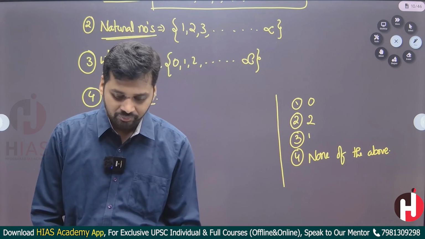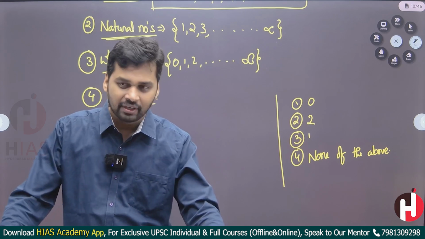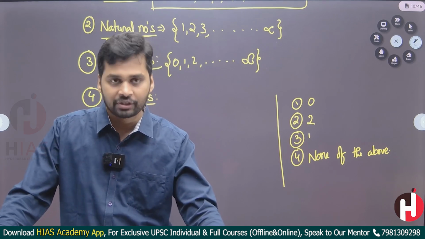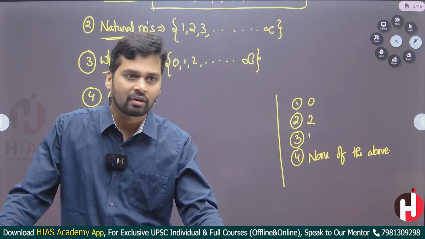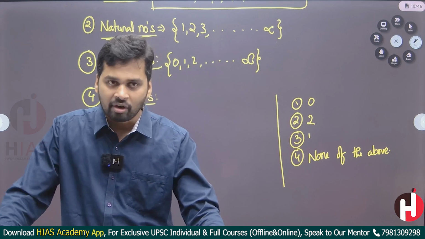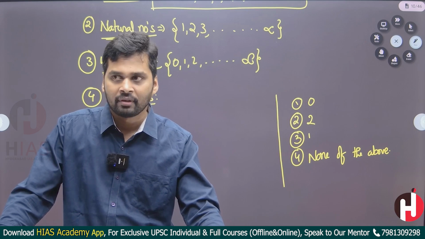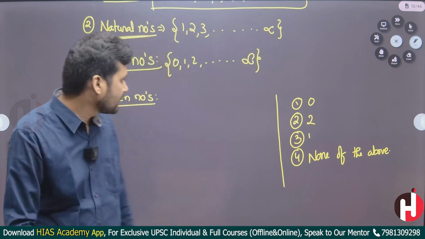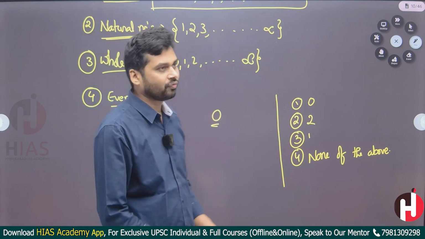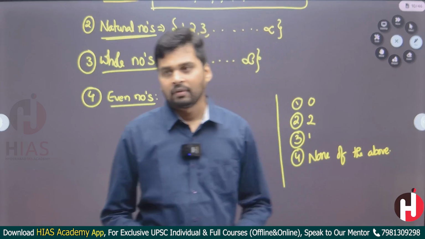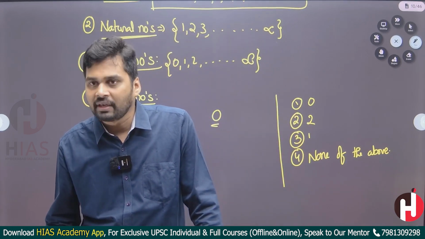First let us talk about that 0. First you tell me, is 0 an even number or an odd number? It is neither even nor odd, so it's not an even number, it's an odd number? First of all, we have to know about the 0. So what is the definition of an even number? Any number that is perfectly divisible by 2.